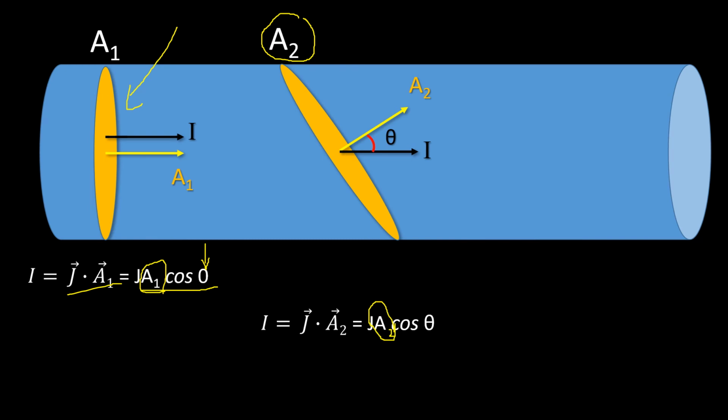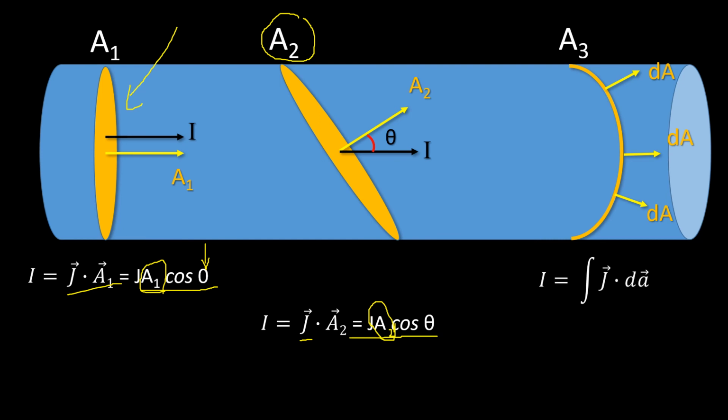In this case, if you are asked to find out current, you should take J A2 cos theta, and J, if you are asked to find out, you can take I by A2 cos theta. And what if the cross sectional area is like this? Now the problem here is you take different parts and you will see that area vectors are pointing in different directions. So for this case theta will be varying, and so we will have to go for integration. So this is also one way of finding out current if you know current density, when the cross sectional area is not uniform. So most of the time J is used to find out current.